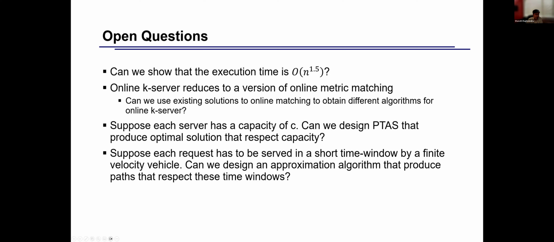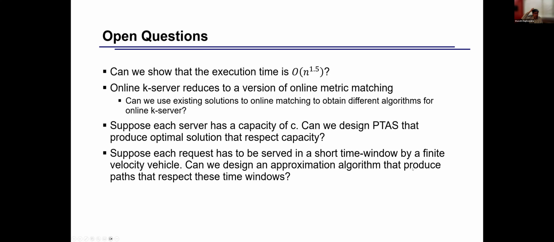We could ask questions like, what if I have a capacity on the number of edges on each path? Basically, that restricts the number of requests a server can serve. Many of these restrictions immediately make the problem NP complete. So the question is, can we design interesting approximation schemes that give us a 1 plus epsilon approximation, right? Or what if we say that a request can be served in a fixed time window, which is very short, right? And assume that we have a finite velocity vehicle,